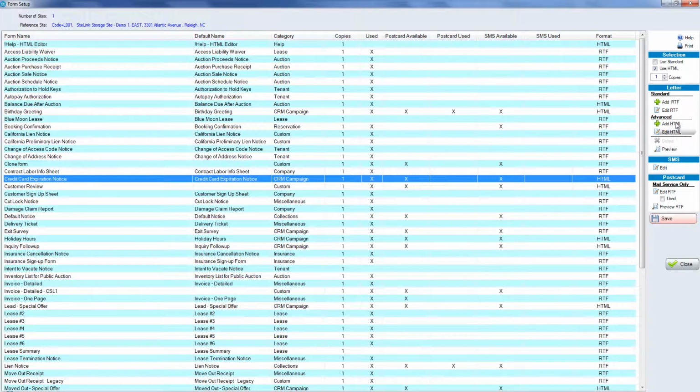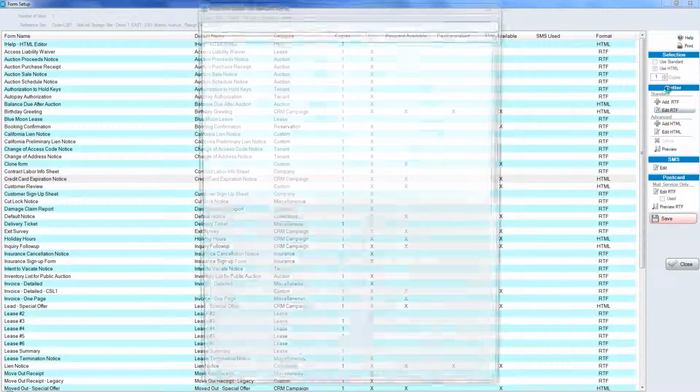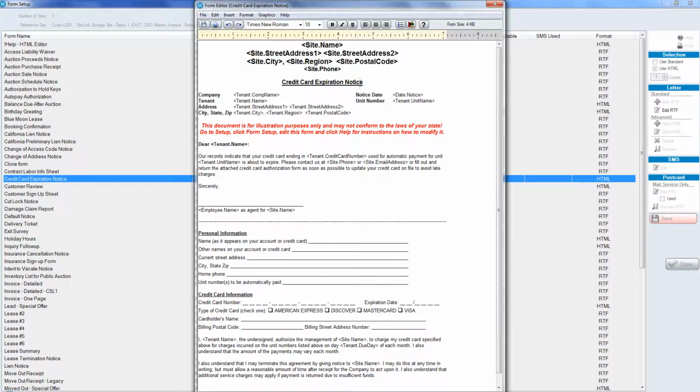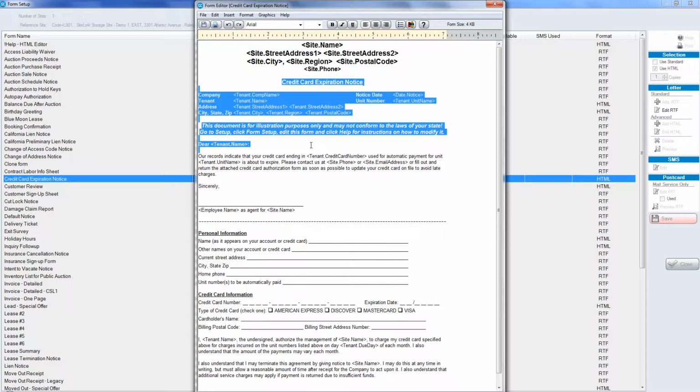We have two different options. We have an RTF option, which is our basic standard option similar to Notepad. We also have an HTML option where you can have more choices in terms of having no restrictions for the file size of photos, images that you put in, for example, your logo. If I highlight a form, click Edit, RTF on the right hand side, it's like Word in that I can bold, italicize, I can delete things,